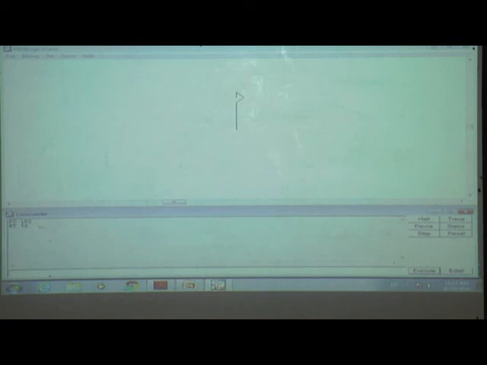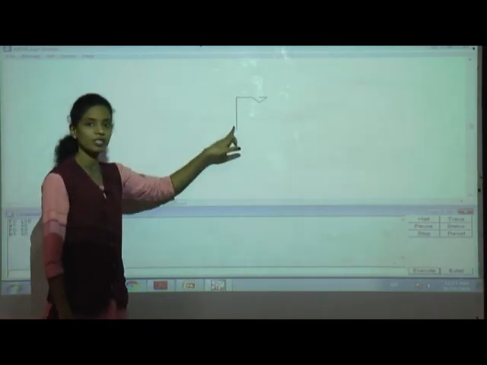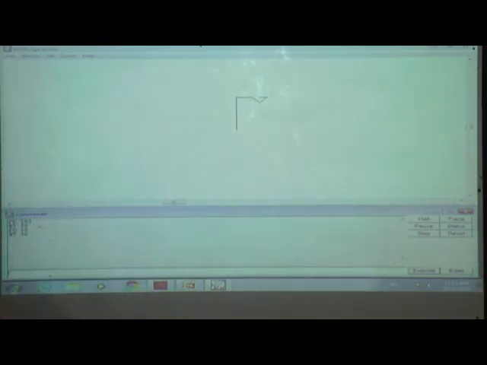We have to increase or decrease the number. We will decrease the number. FD 50 we will take. FD 50. Then we have to take our cursor to the downside, because we have to draw the line to the downside. For taking the cursor to the downside, RT 90. Then FD, how many is there on this side? 100. Then we will write FD 100.